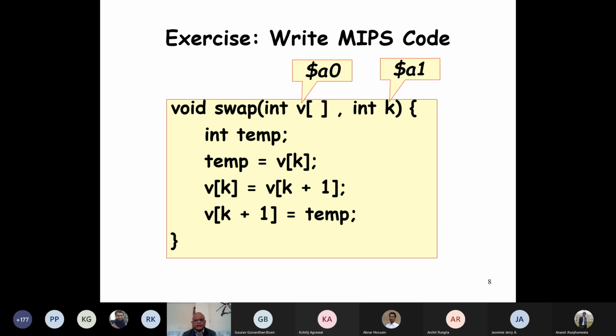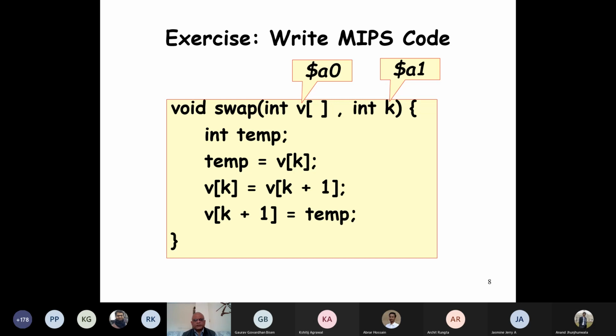Again, the first thing we start with is a label swap, and then we'll have this address computation. We will use a register, and another register we'll use for this temp.